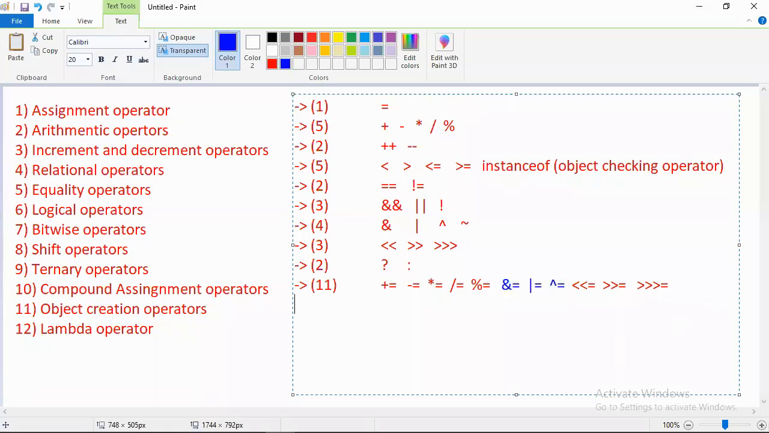Okay, then next, object creation operator, only one. Object creation operator 1. What is that? New. New is a keyword acting as an operator. Very important. New is a keyword. That's why I'm taking blue color. Acting as an operator. Then next, lambda operator. Lambda operator is 1, that is arrow. Okay. So these are the total